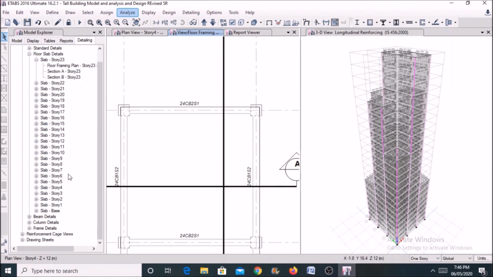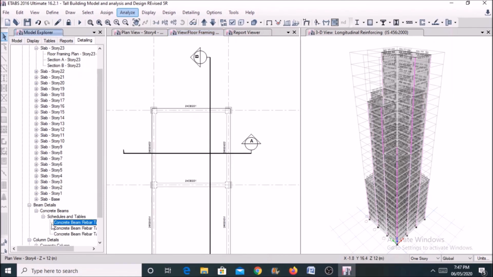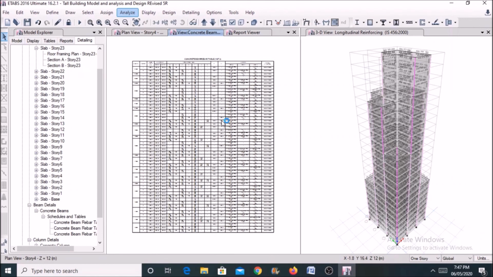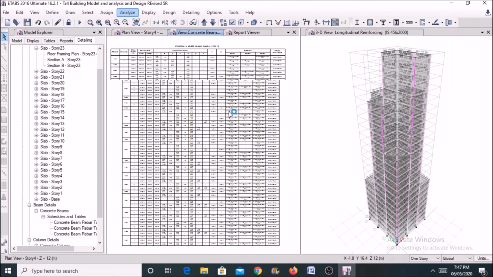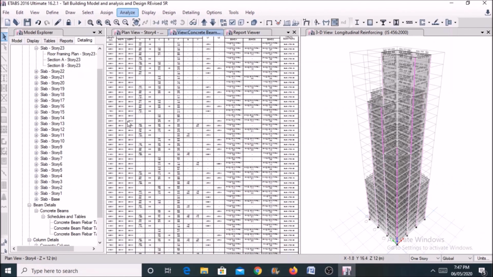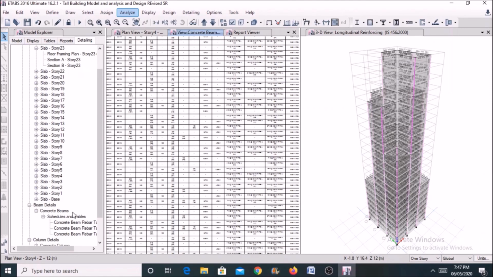If you consider the detailing for beam, you will get the table which shows the area of steel which is to be provided. So this is the table that we are going to obtain by clicking the detailing for different slabs, concrete beam.